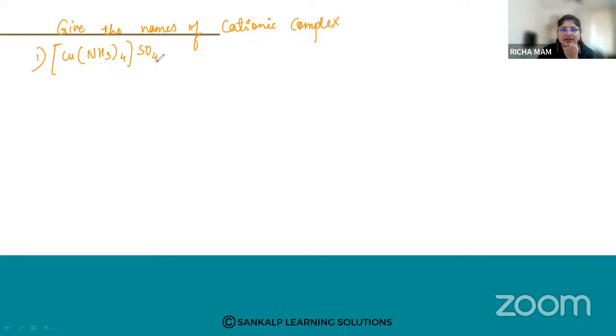Okay, so we are having a SO4 this, right? So how do we give the name for this complex? Cationic complex. So we know that the order should be, you should write first the cationic. Now SO4 sulfate will have what charge? Sulfate will have -2 charge, right? And so this is our cationic complex. So this we should name first. So if I see the previous example, if I take